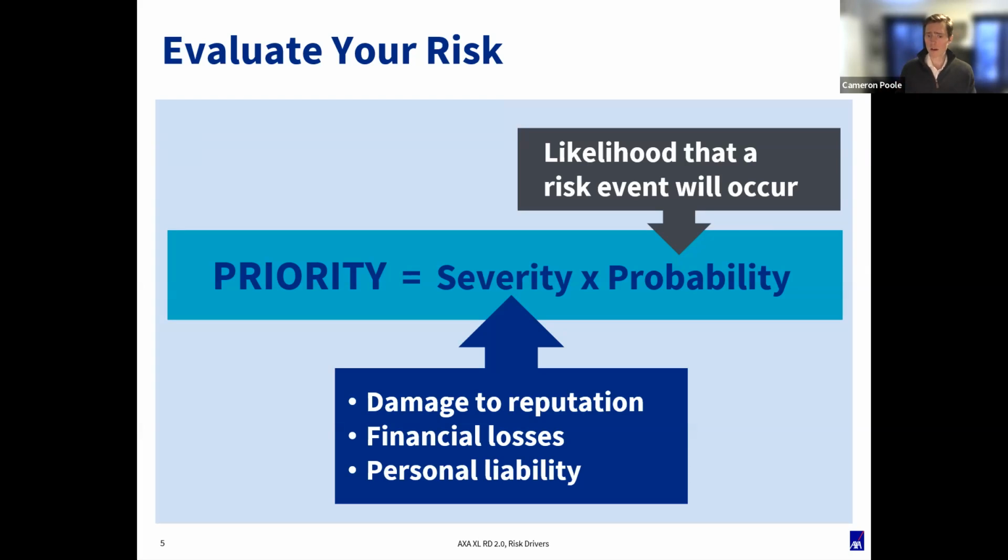Even if you do have a professional liability policy, it's very possible that you have a deductible on that policy. Deductibles are per claim. So if you have a couple claims in a calendar year, let's say you carry a $10,000 per claim deductible, each time you have a claim, the first $10,000 comes out of your pocket in terms of paying for that claim. And then the final thing, and honestly, probably the most important thing in my view, is damage to your